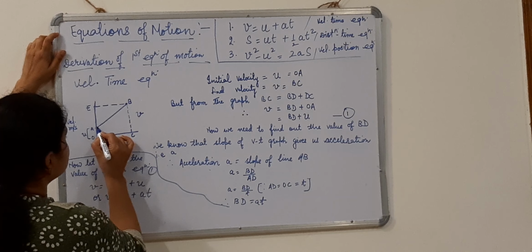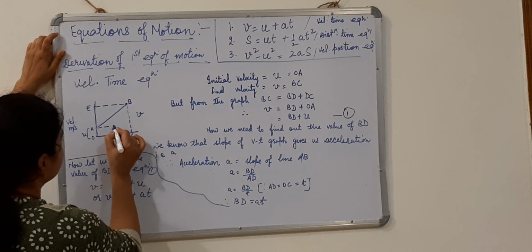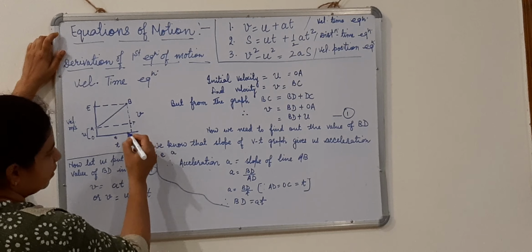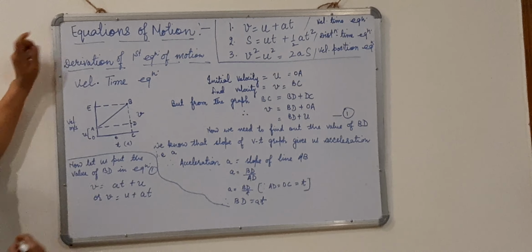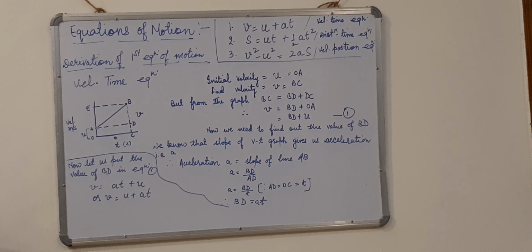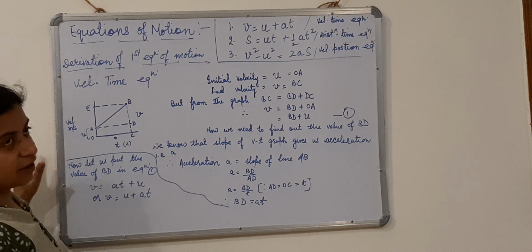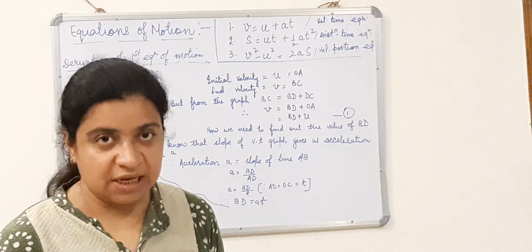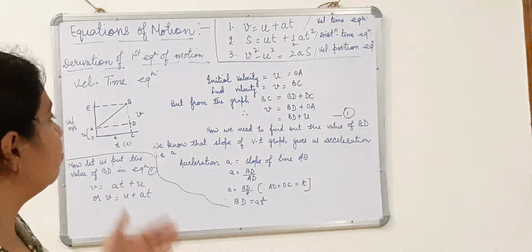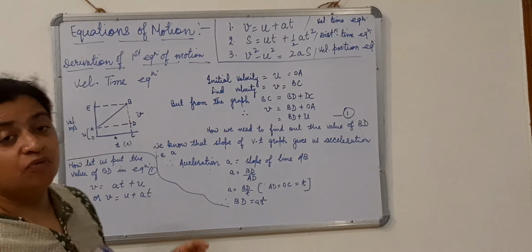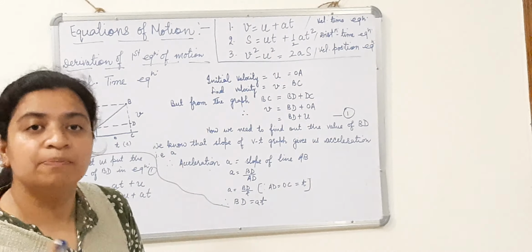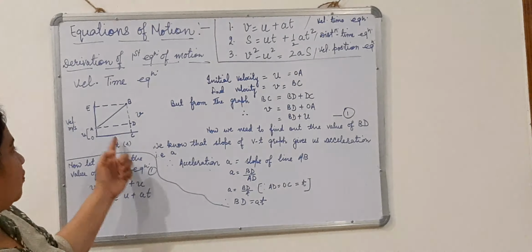Now I am going to draw another line from point A, parallel to the time axis, and I have given it the name D. Now this is the complete graph. Why have I taken dotted lines here? Because I am doing certain constructions to complete my derivation. Whatever is given I drew first, and then I did the construction to complete my graph and draw more information from it.